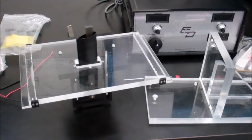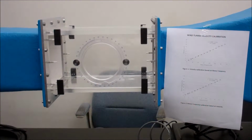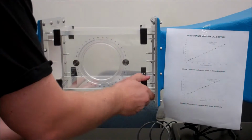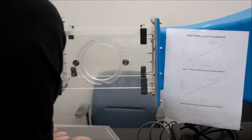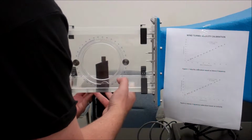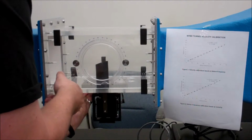So now we're going to actually place it in the test section, and we're going to do it the exact same way we did it with the airfoil. You're going to take the bottom out, place it in there, line it up, reclamp it in,